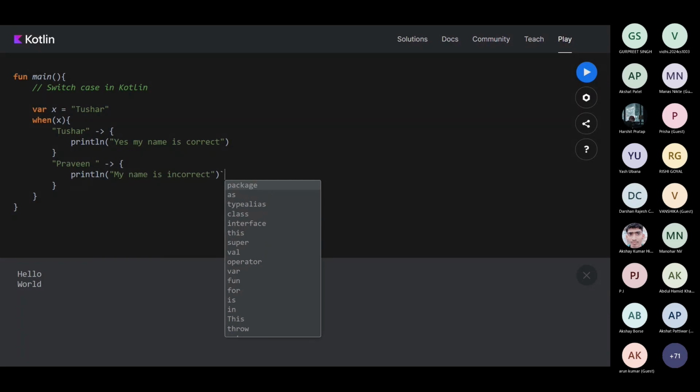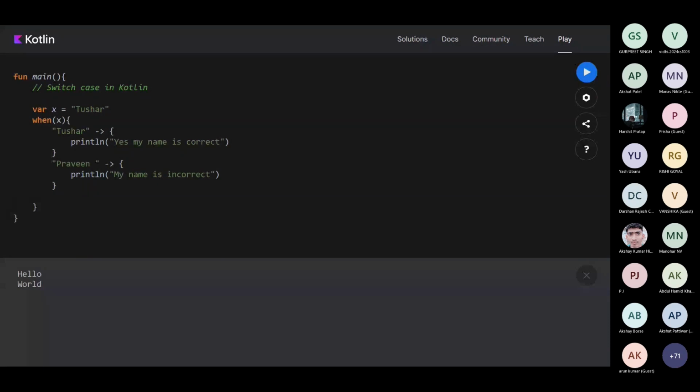After that, let's consider a different case where my name is neither Tushar nor Praveen, it is something else. For that case, we need to have an else statement, which will println your input is incorrect.